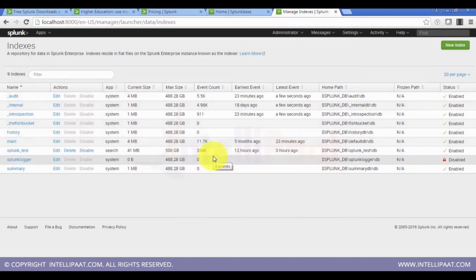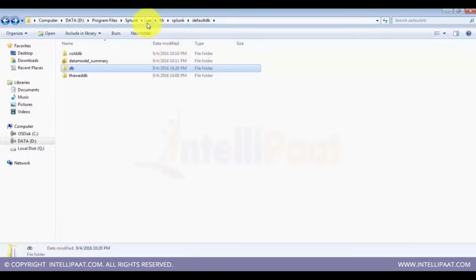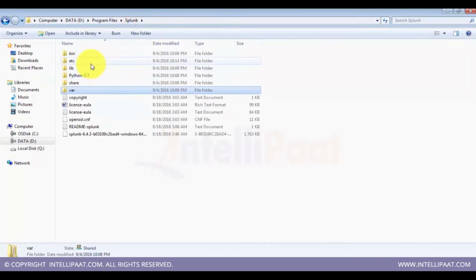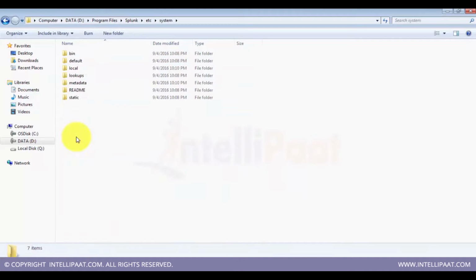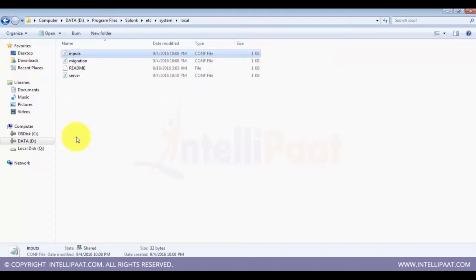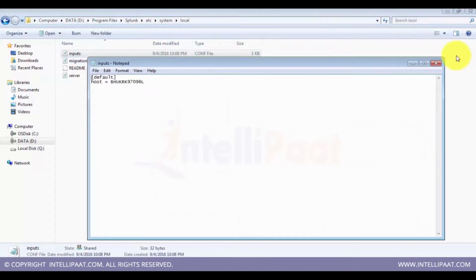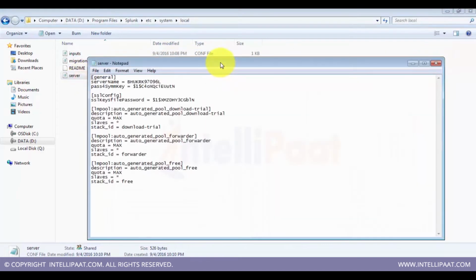So you got a hint of how these indexes are created from the web. You can do the same from the backend also, that is, directly walking into the config files, which is a bit deeper, but let me give you a quick overview. These are multiple folders or directories where the config files are located, and we will go to the Splunk local directory and to the inputs directory. We have the host name over here, and if we go to the server directory, we should see,